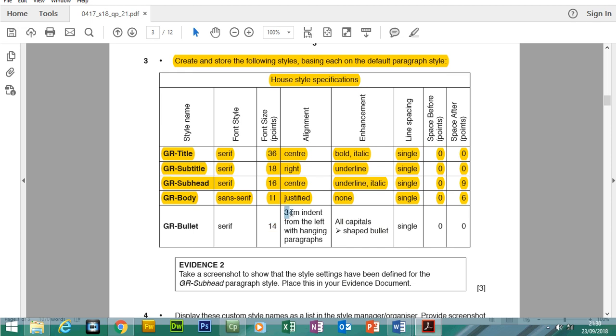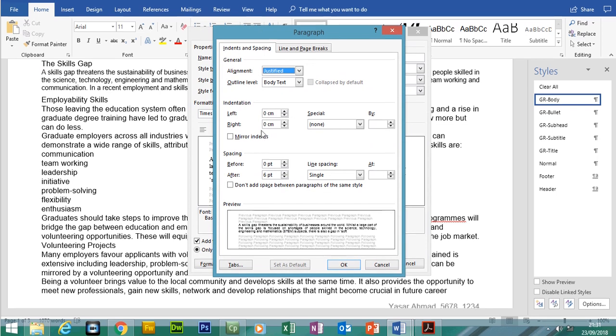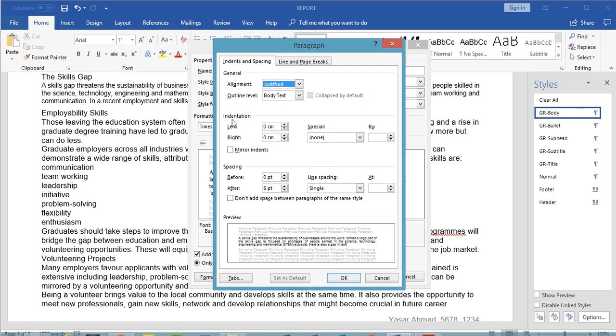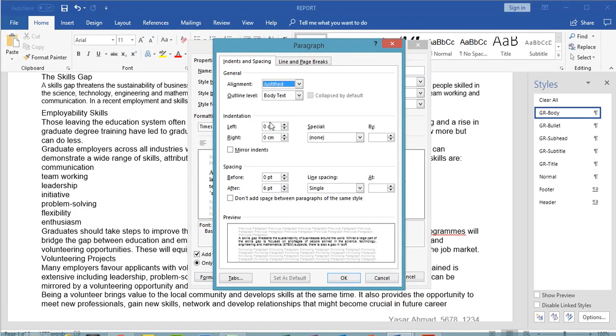So the alignment will be 3 cm indent from the left with hanging paragraphs. So if I go to format paragraph, so let's do the indentation first of all. So it's going to be 3 cm indent from the left. So if I change this to 3,